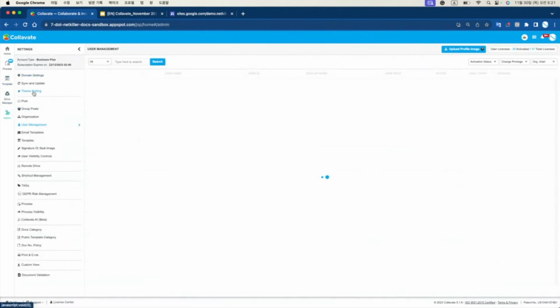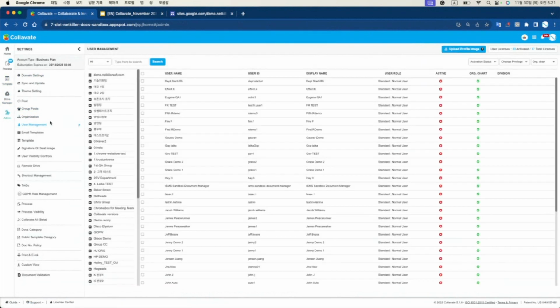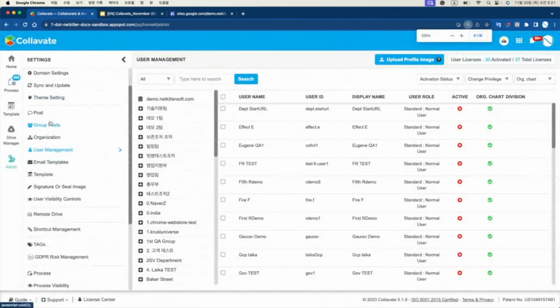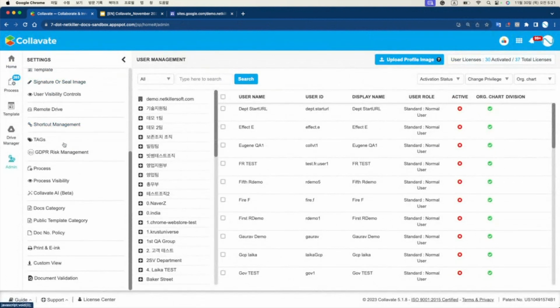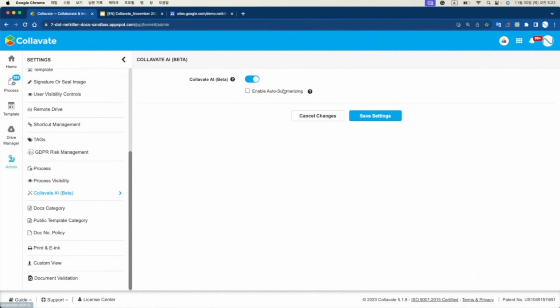Like I mentioned, if you go to your admin console here, and you look on the left-hand side, you can see Collavate AI, the beta version. Right now, you are not able to see this. We haven't released the beta version yet. So once this is out, we will probably send out a shout out. You toggle that Collavate AI beta button, and for the sake of it, let's just press enable auto summarizing as well. You press save settings,